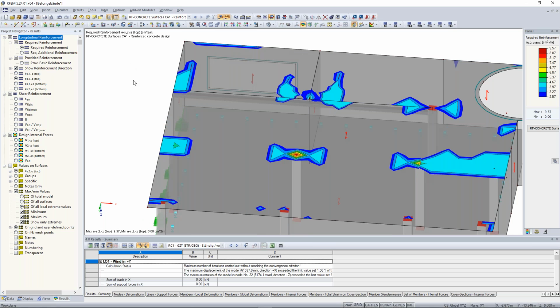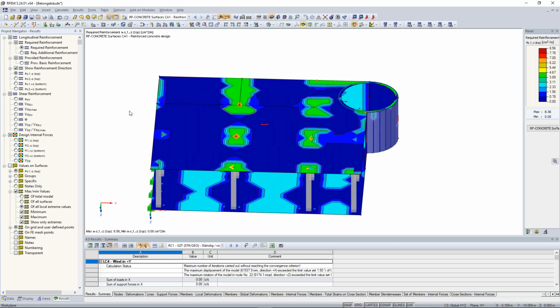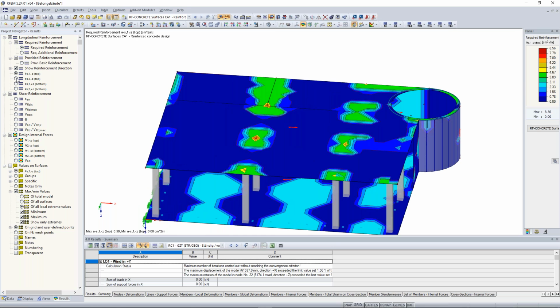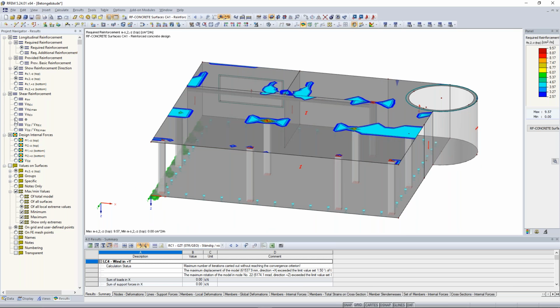As you can see here, especially near the columns, you have to put some additional reinforcements. Maybe you also have to prove a punching proof here, and so on. Also here the shear reinforcements,